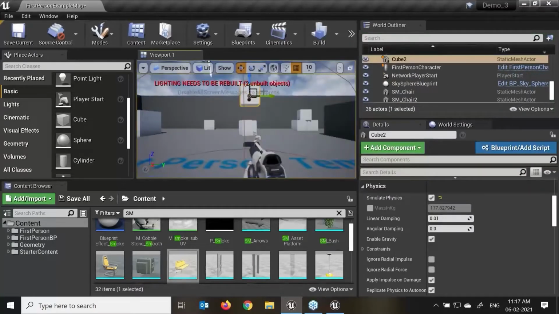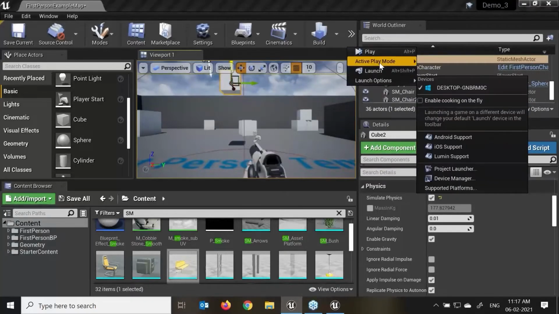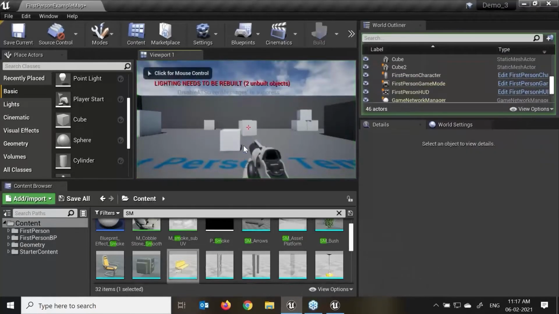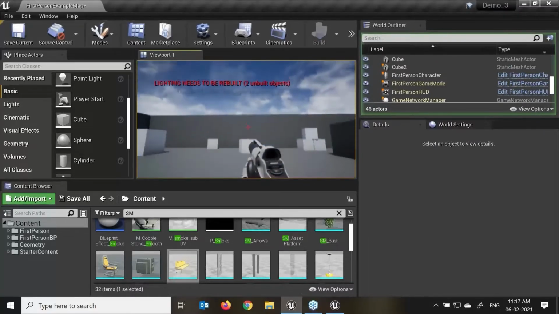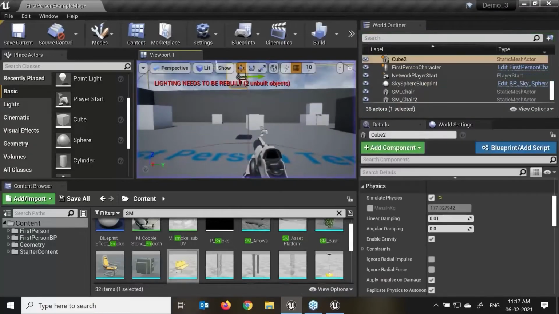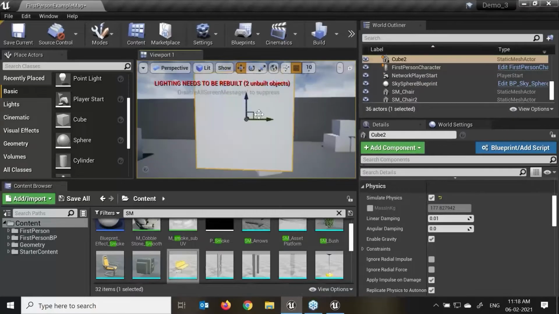Now it's animated. Let me make it a little bit bigger, with more distance, so that it will be easy to see. Now see, that is animated. If I try to hit this cube, you can see it is automatically flying over there. Now stop over here, press F, select this property, go F.